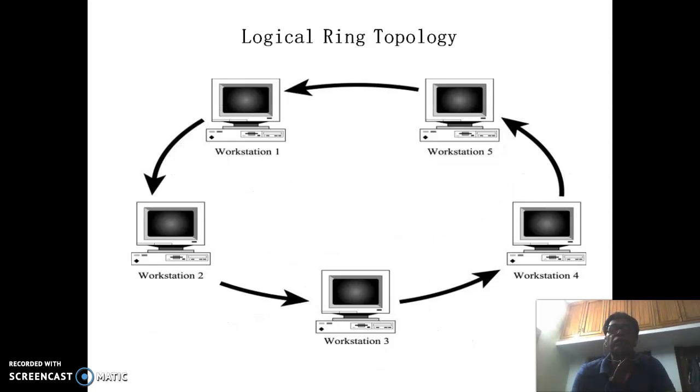Then we will go for the ring topology. This is the diagram of the ring topology, and we have connected the 5 computers just like a ring. The diagram looks like a ring, that's why its name is ring. Actually, we can also connect by a straight line, in a square type also. So basically we are connecting in this manner, that's why its name is ring topology. And in this ring topology, the main disadvantage is that if any connection disconnects, then the whole network will not work.